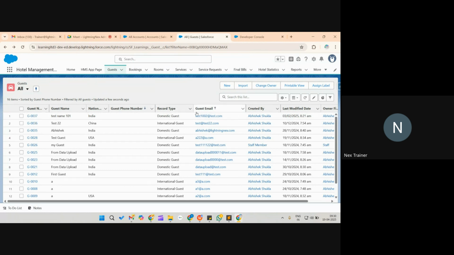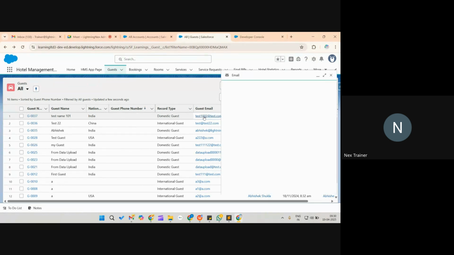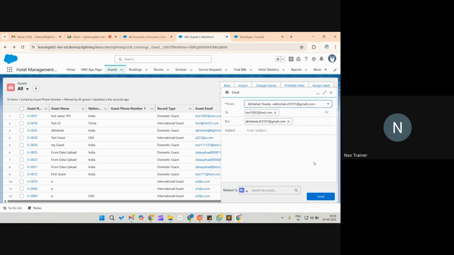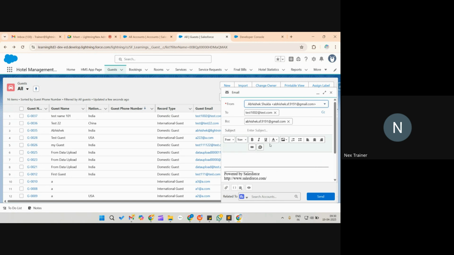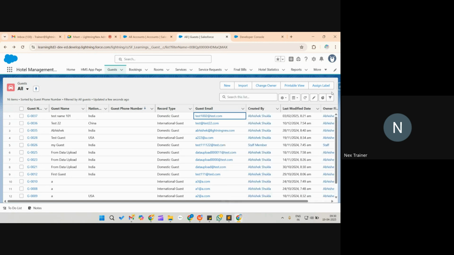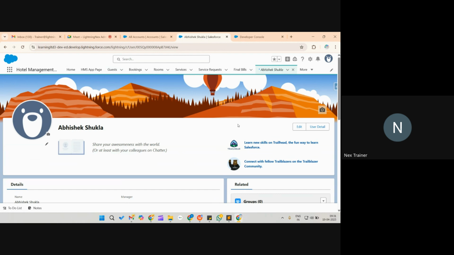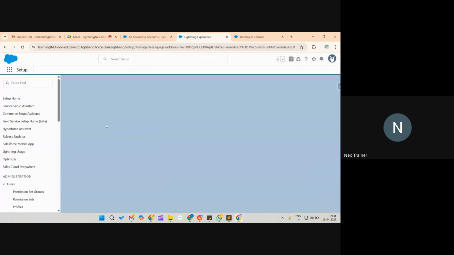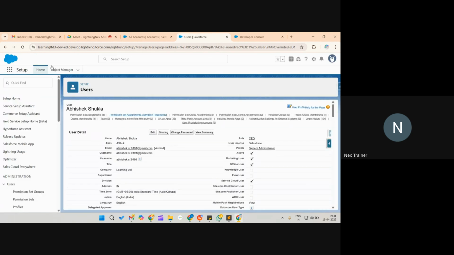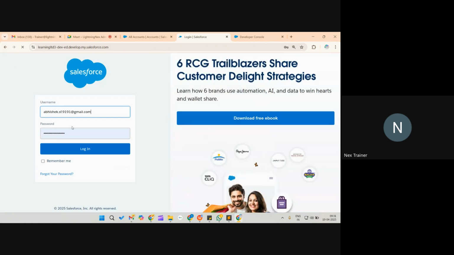So if I click here, email, it is going to send this email. So this is a feature we have to send email. But that's not what I want. And if I click here, I will be redirected to the user details. From here we can go to user details, so that is also a link. Right now if you go back,